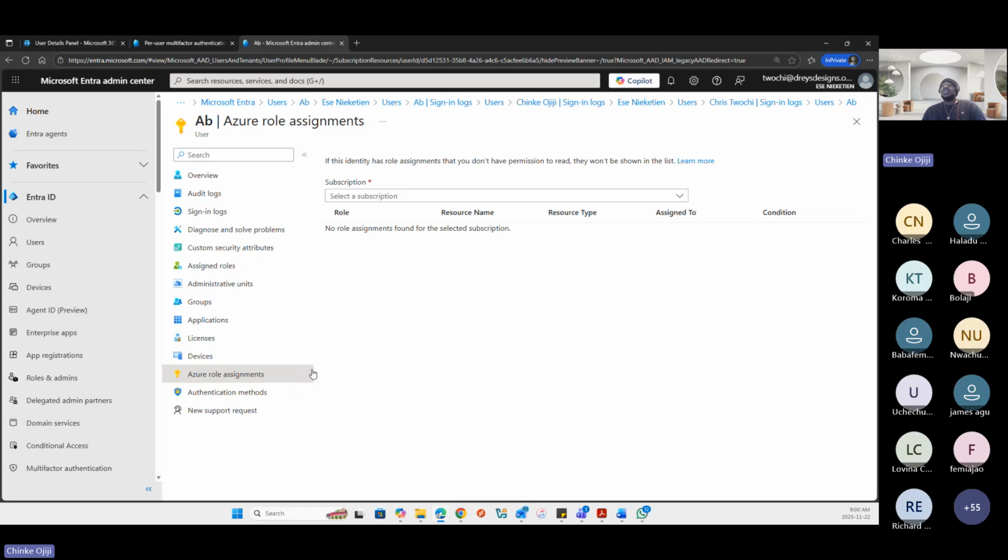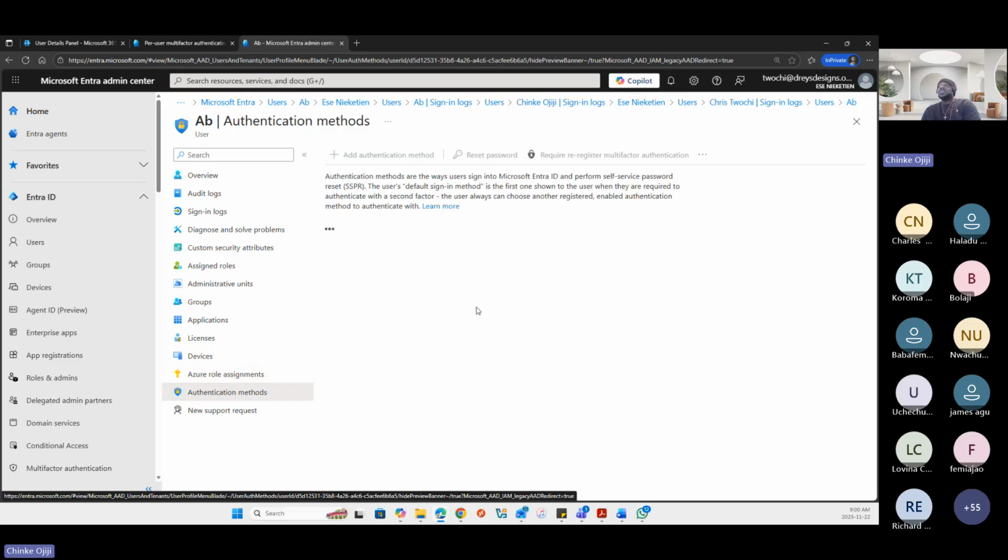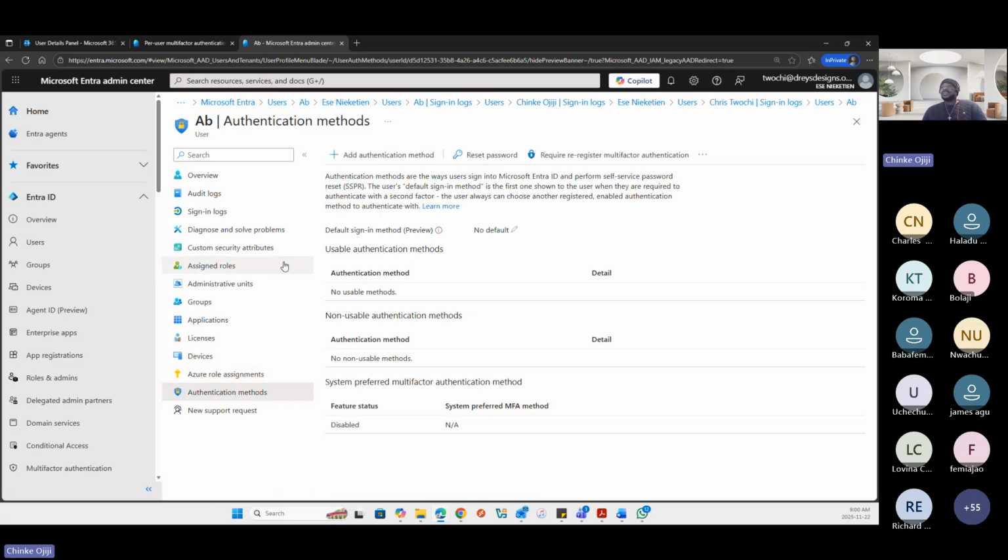And in terms of zero trust, you can also see the authentication methods here. Now, for a user, I'll give you a quick example. For a user who is in your organization, has MFA set up, let's say through the Authenticator app, right?